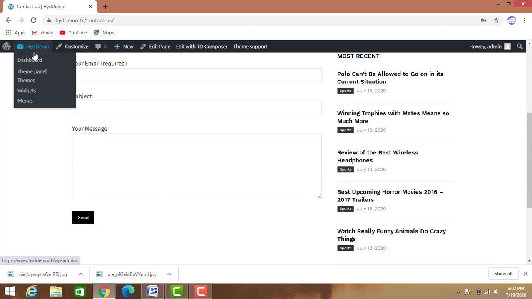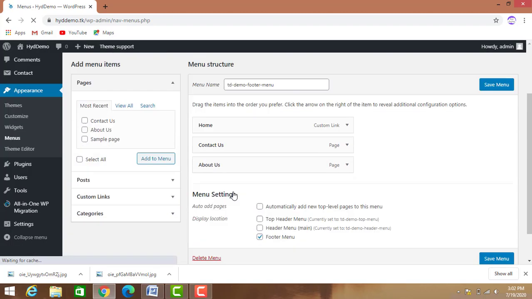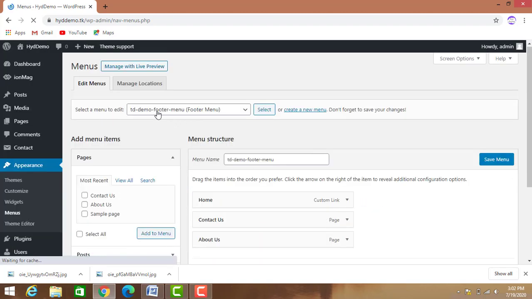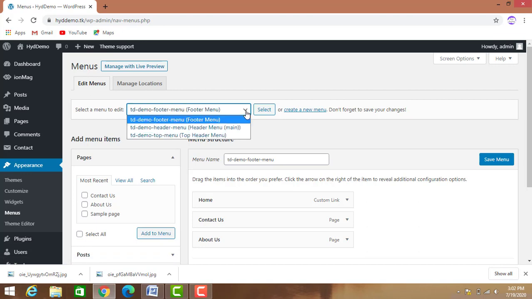Next we need to go for the menu. From here you need to select which menu you want to set. The main menu is there, footer menu, top header menu. Main menu, select.